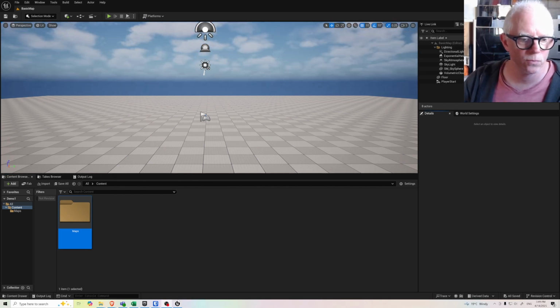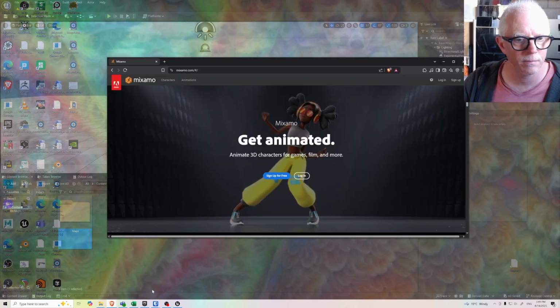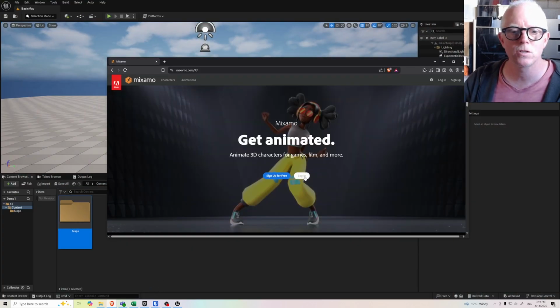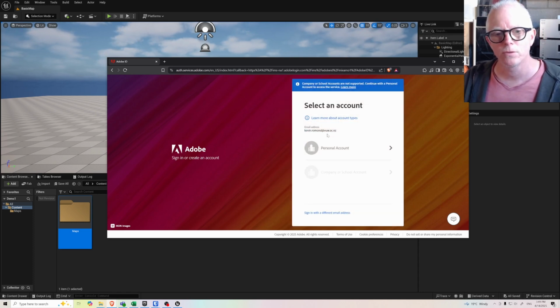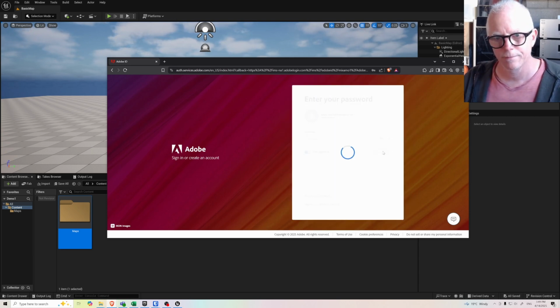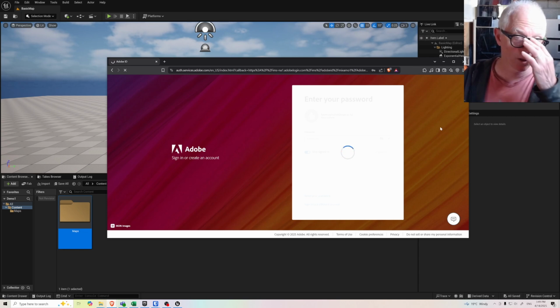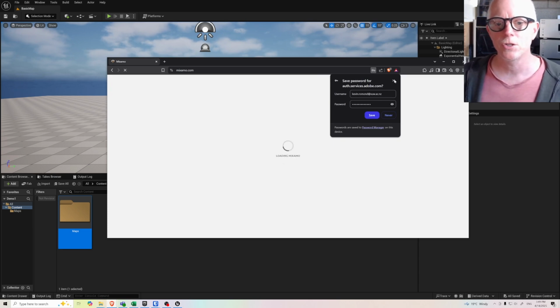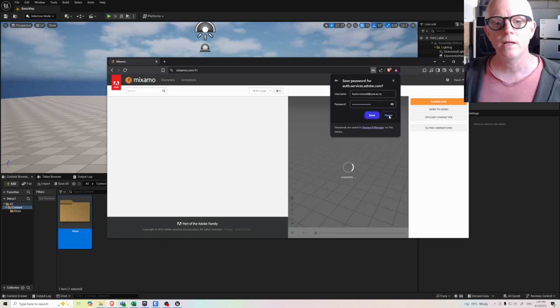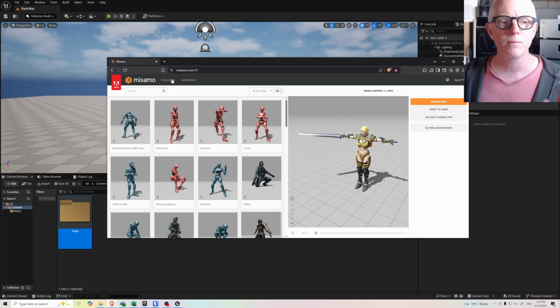For the next part of this, we're going to go and get some characters and animation from Mixamo. You need to log into Mixamo. It's owned by Adobe, so you need to use your Adobe information here to log in your Adobe account. Once you're in here, you'll see it's a portal for getting characters and animation. And you can get characters and animation in one go, but I'm going to show you how to do it